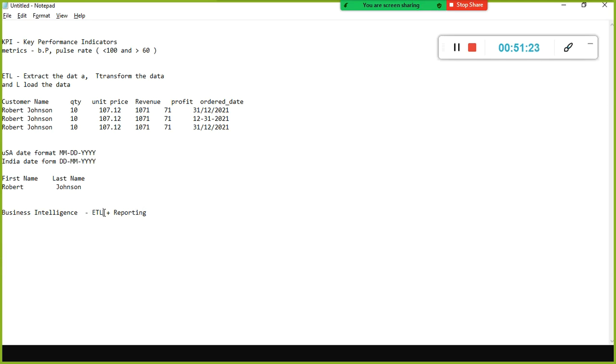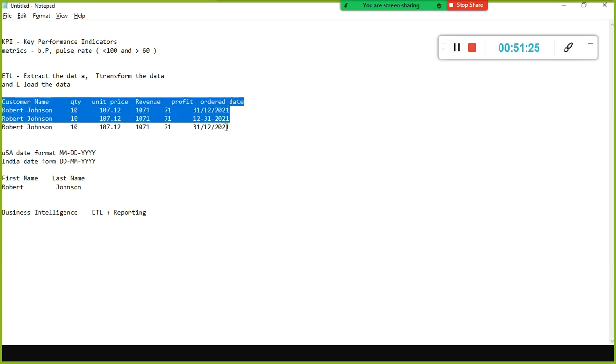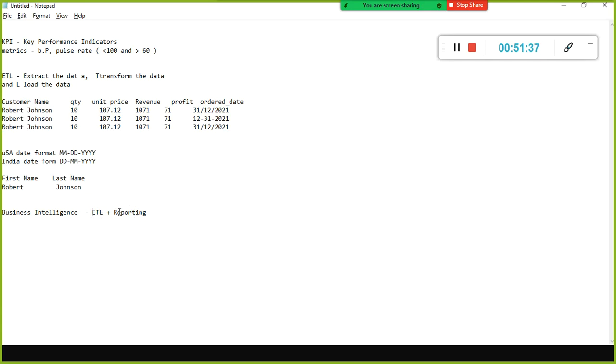As part of ETL, we make sure that the data is pre-processed, clean, usable, and in the desired format. The next one is reporting. Once the data is clean and pre-processed, we develop the dashboard. So as part of business intelligence, we perform ETL operation, and then we perform reporting also.